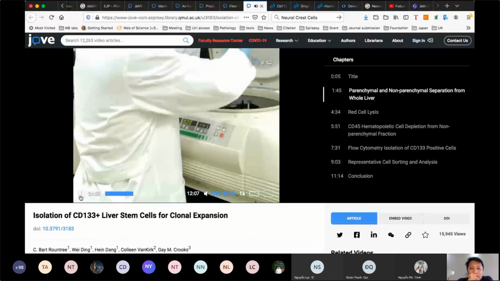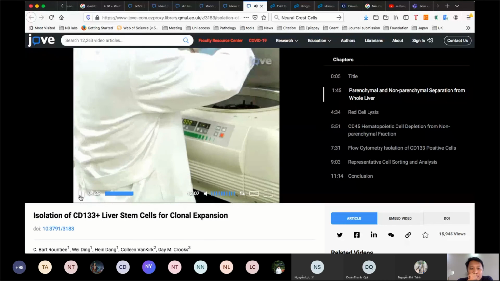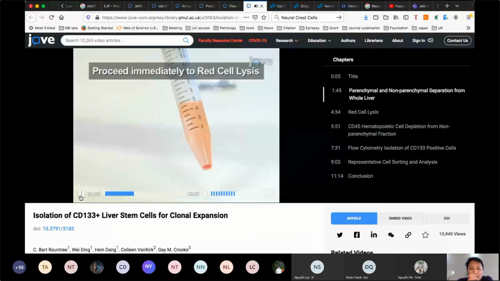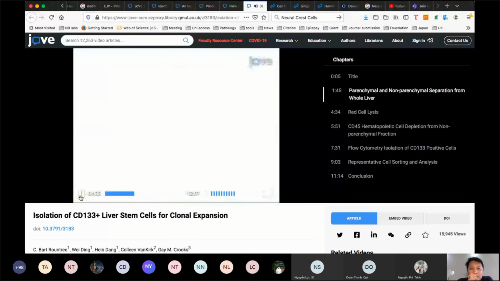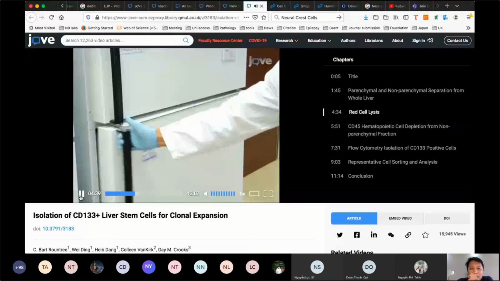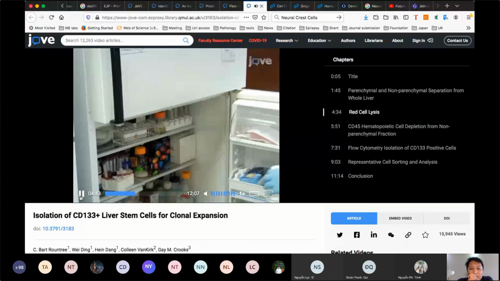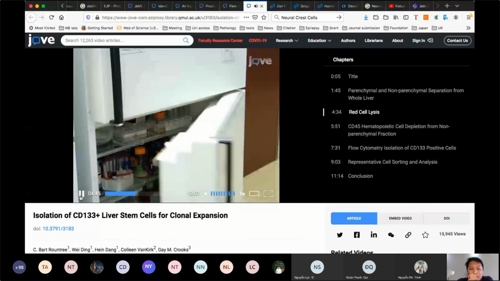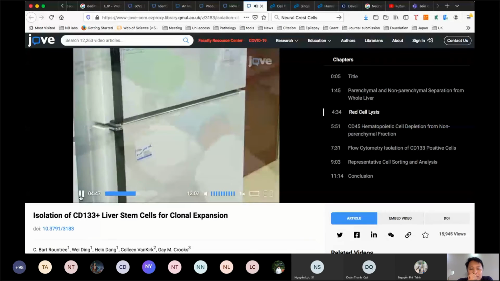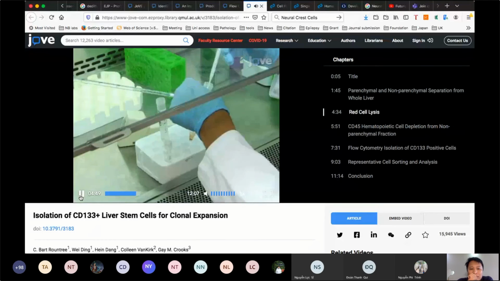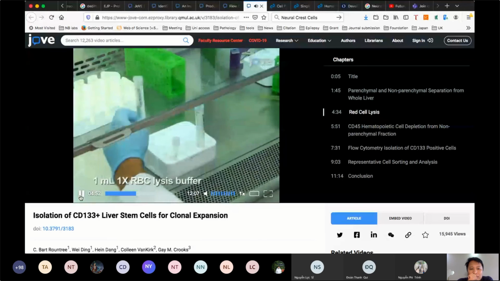Following the spin, discard the supernatant and proceed immediately to the next step of the protocol, in which the red cells in the pellet are lysed. The red cell lysis buffer and Miltenyi buffer used for this part of the procedure should have been prepared the night before and stored at 4 degrees Celsius, according to the instructions in the accompanying written document. Working in a laminar flow hood with the cells and solutions on ice,